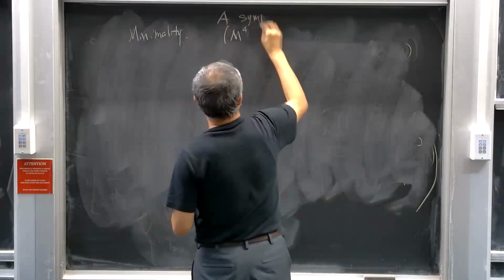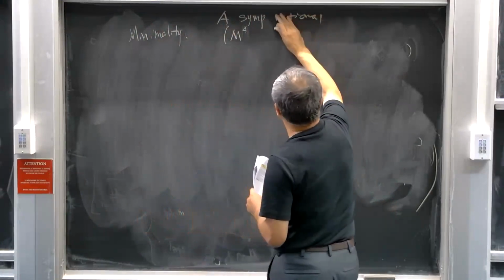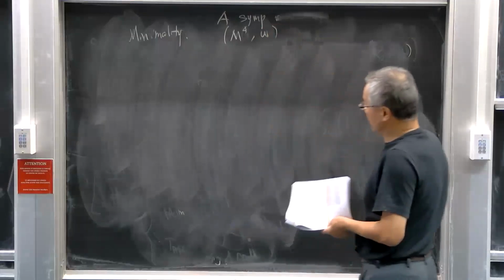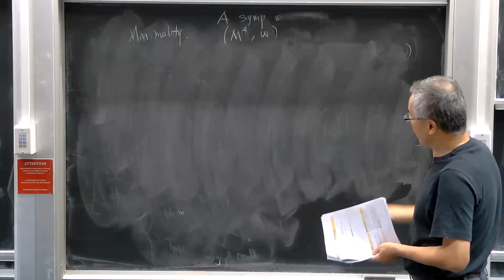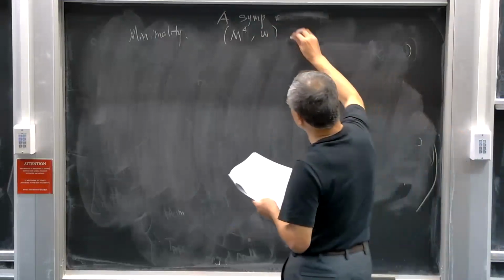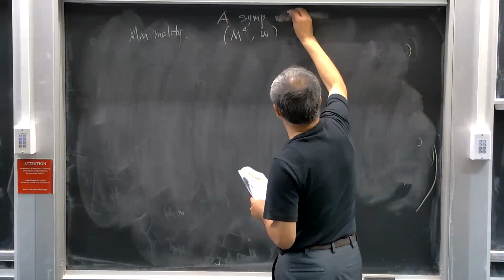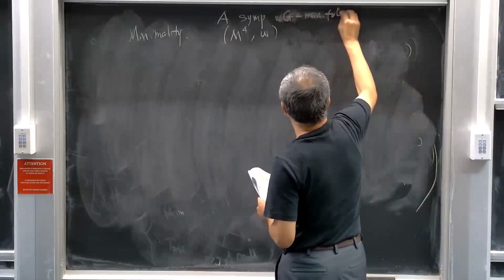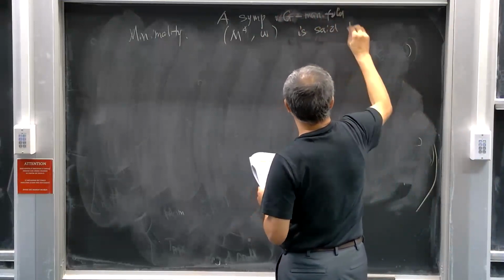In fact, this definition makes sense for all symplectic four-manifolds with a finite group action. You say a G manifold is said to be minimal